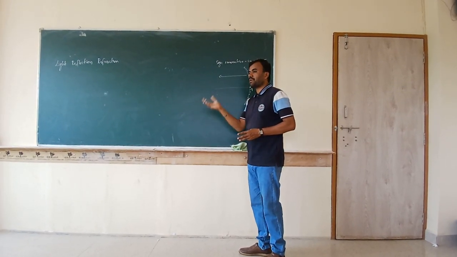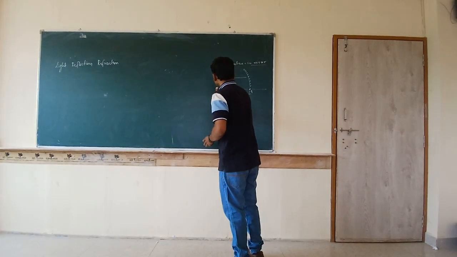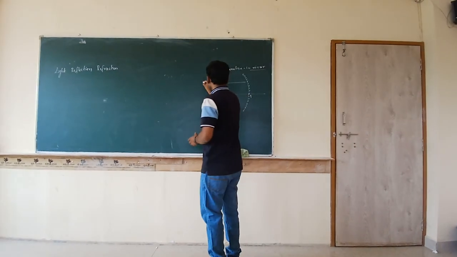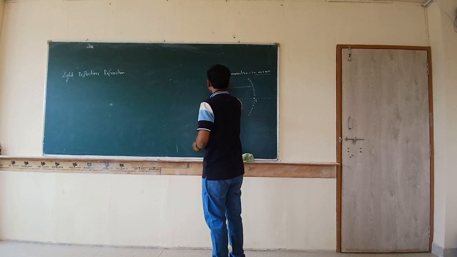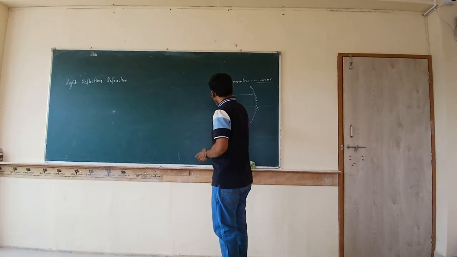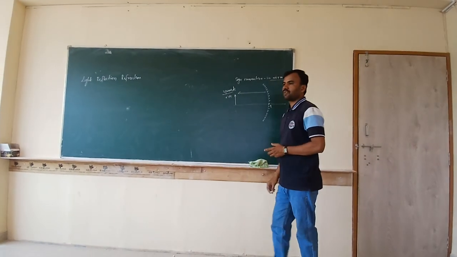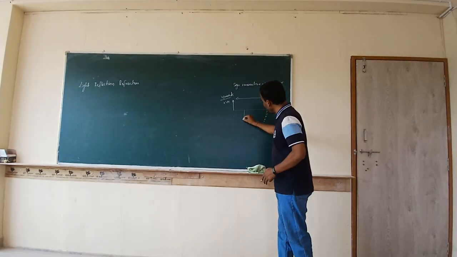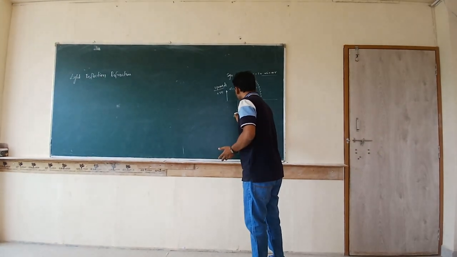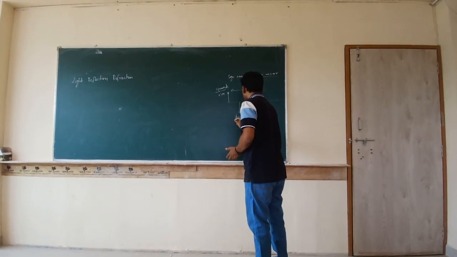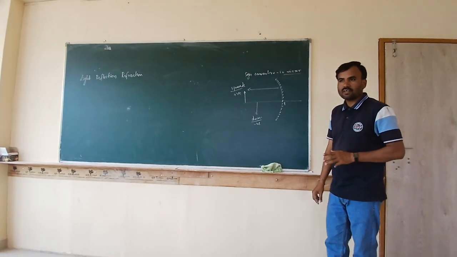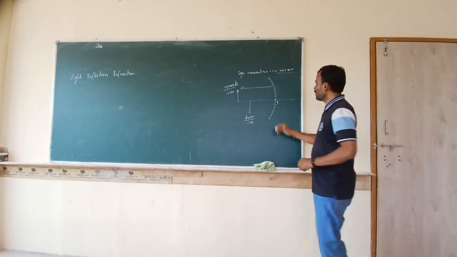Instead of those words, you have to say, if the object is in upward direction, compared to the principal axis, that height must be taken as positive. If the object is in downward direction, it may be object or it may be image, if it is in downward direction, then it should be negative. Got it?